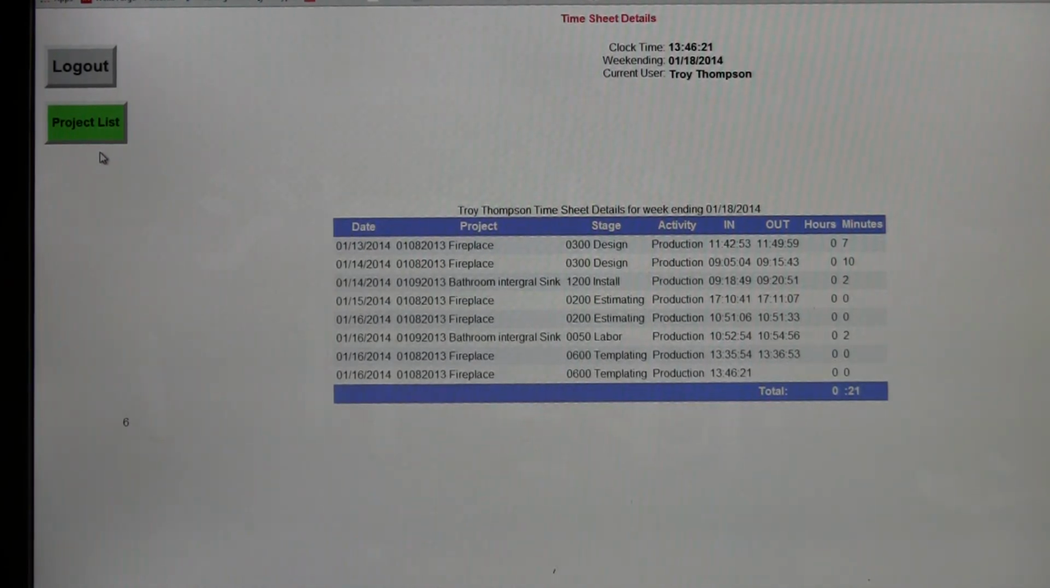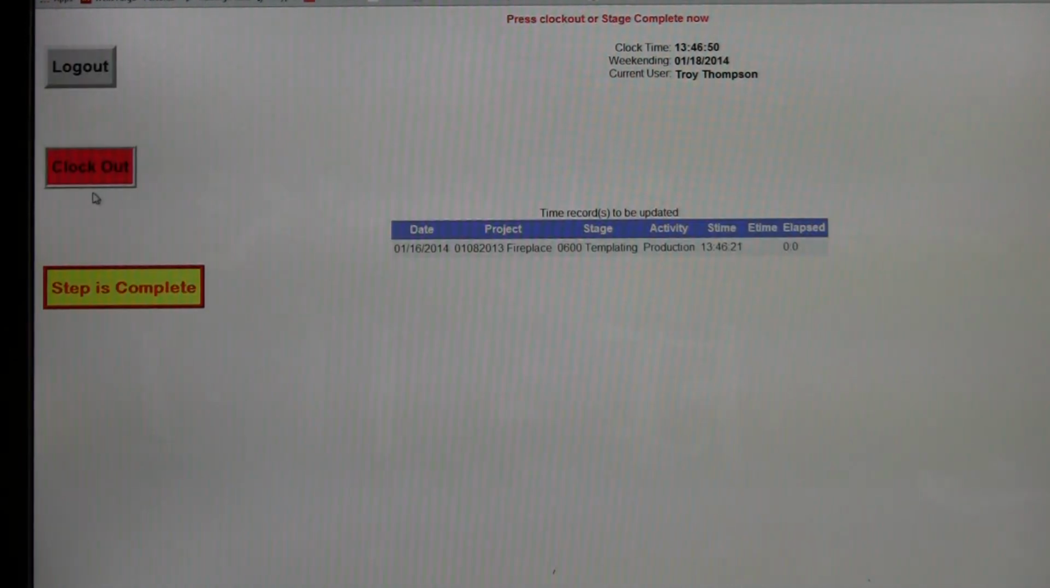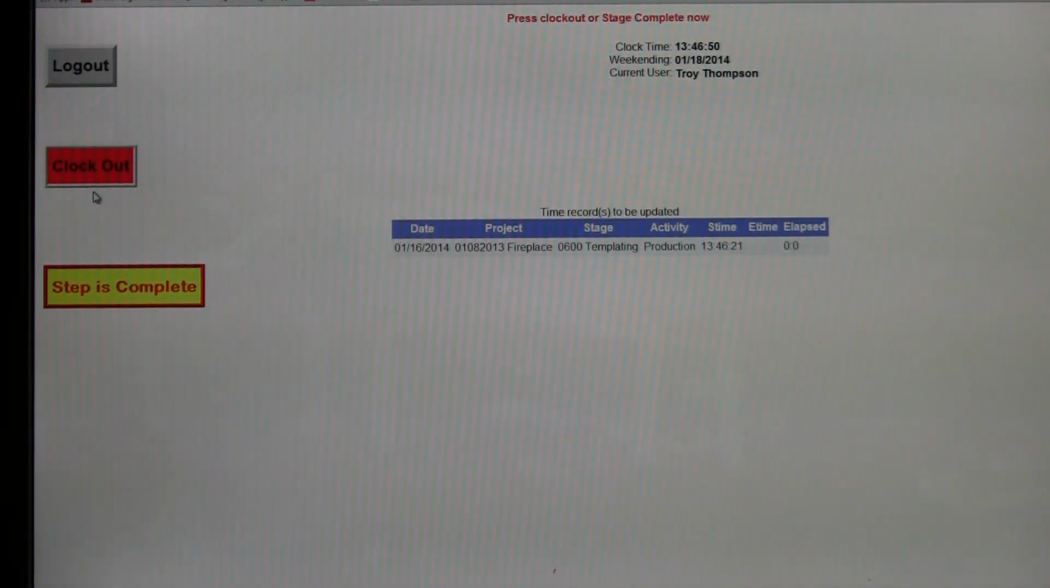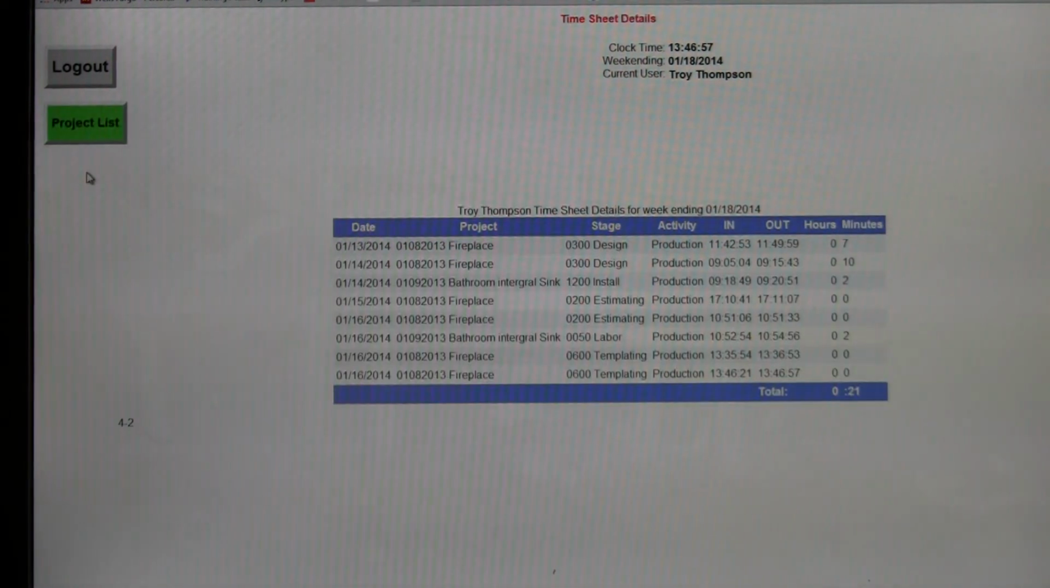You're going to continue on with that job until you're done, or let's say you need to switch gears a little bit and you're going to go on an install with this same job, or it could be a whole different job entirely. You're going to go ahead and hit log out. You're going to come back into the system, log in, and you're going to clock out first, or again you're going to hit step is complete if that's your authority to do so. So in this case we're going to clock out,